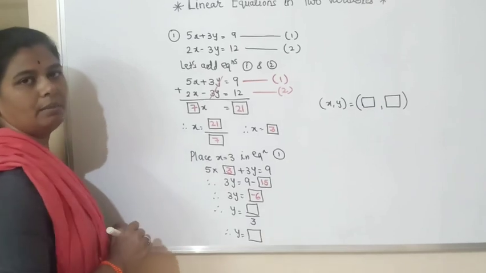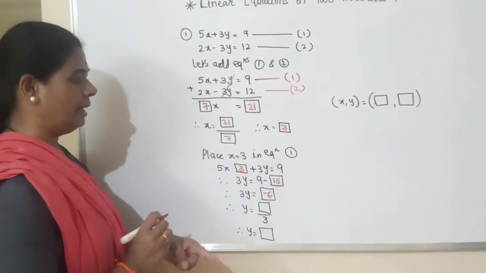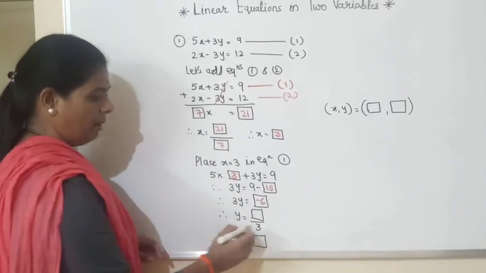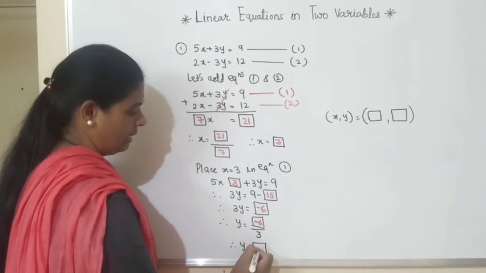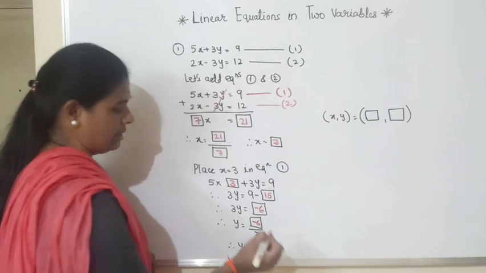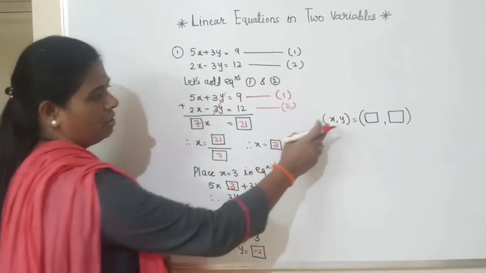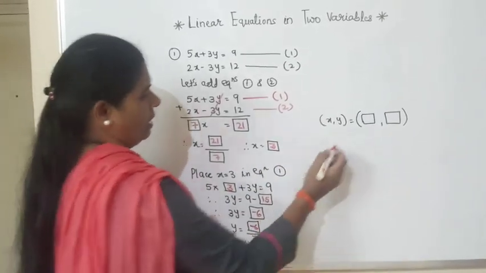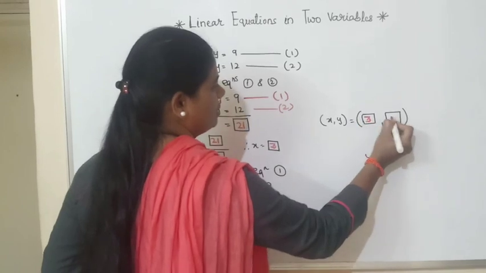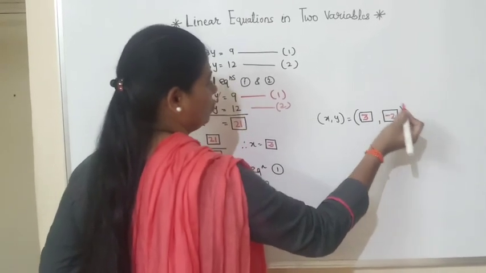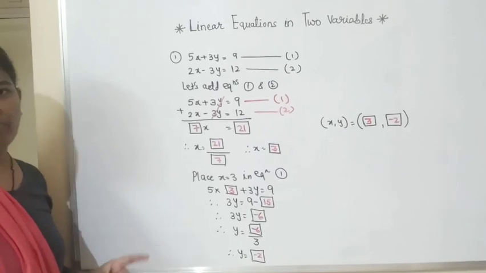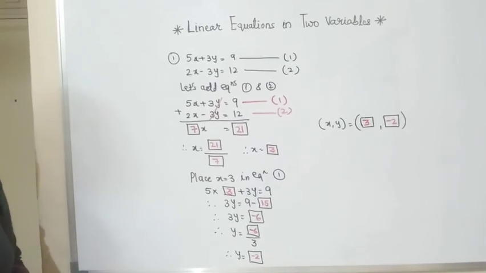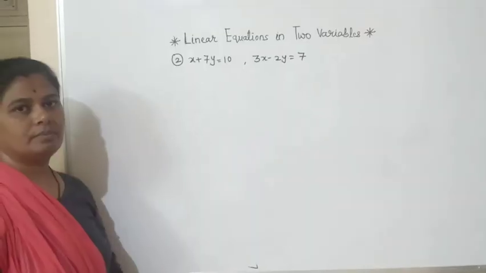Because here the greater number is 15, the sign of the greater number is minus. So that will be minus 6. So minus 6 upon 3. So the value of y you will get, that is minus 2. So here solution x, y: x is 3. So that is 3 comma minus 2. This is our first sum, the activity based sum, that we have finished. Now we will move towards the second problem.